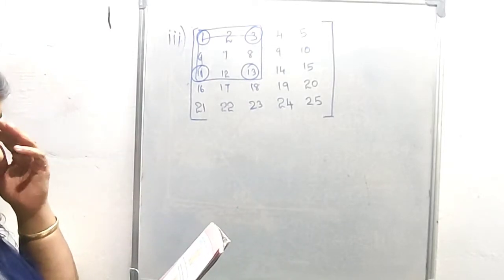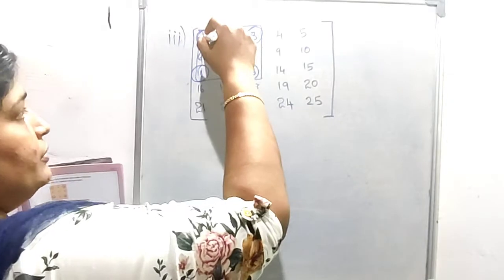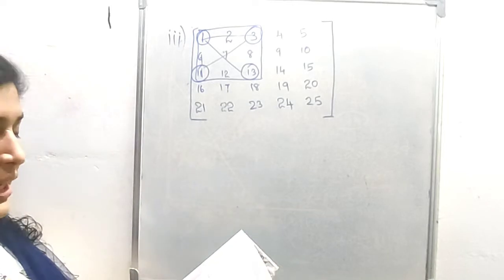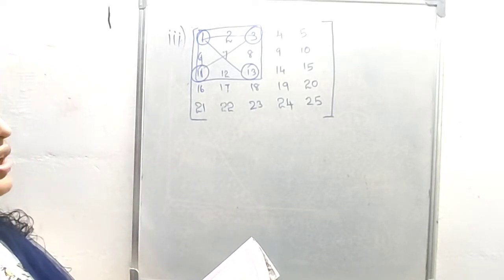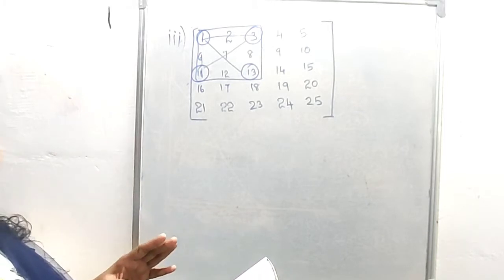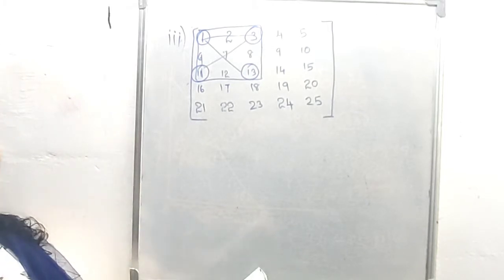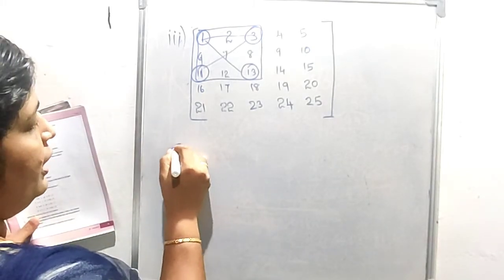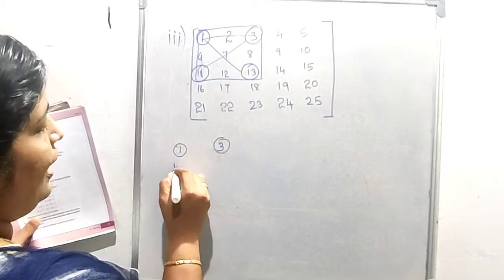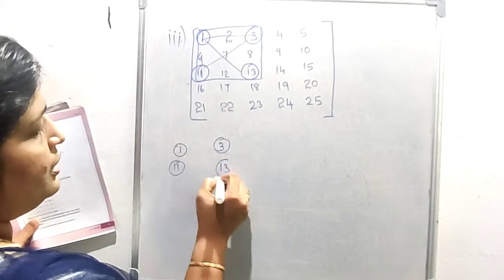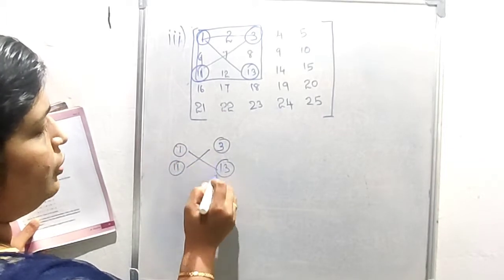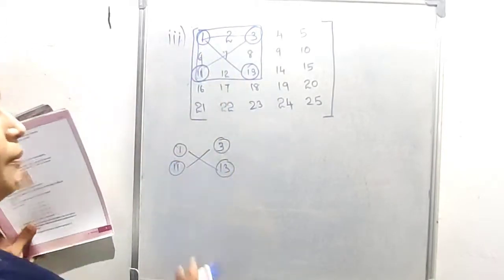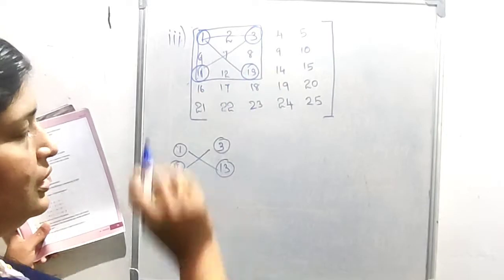Then find the diagonal product. So we just find the diagonal products. Then find out the difference in the diagonal product, and then we are going to explain this using algebra. So here our numbers are 1, 3, 11 and 13, the numbers on the four corners. We take 9 numbers, a square of 9 numbers.